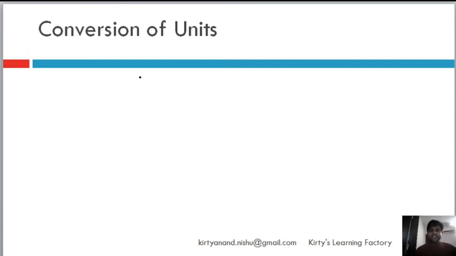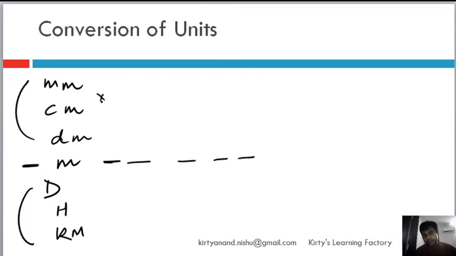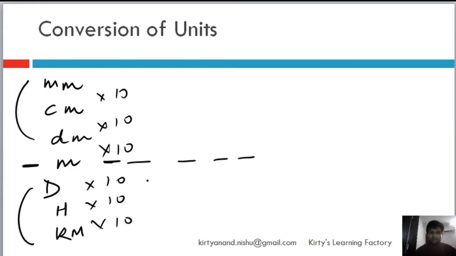Conversion of units. See, sometimes you will get all these units. It's called millimeter. So I had basically remembered it as milli, centi, decimeter. Okay, this is my baseline. That's how I remembered it as a kid. Deca, hecto, kilometer. So 3 below and 3 above, and all are into 10 into 10 into 10 into 10 into 10 into 10. Very simple.